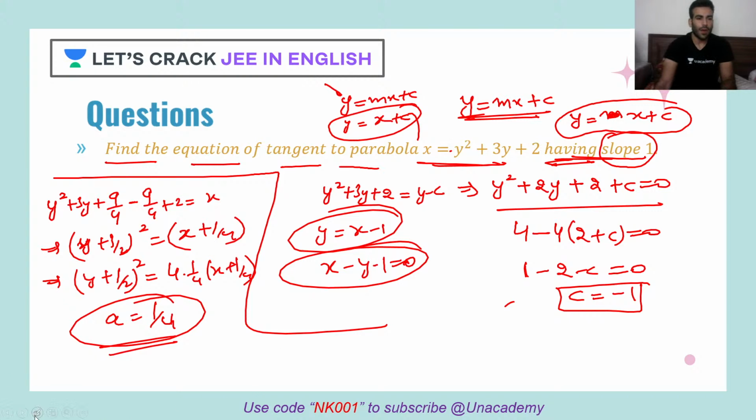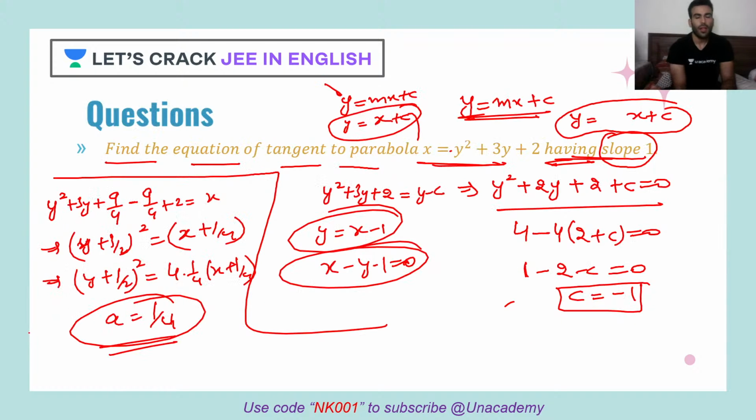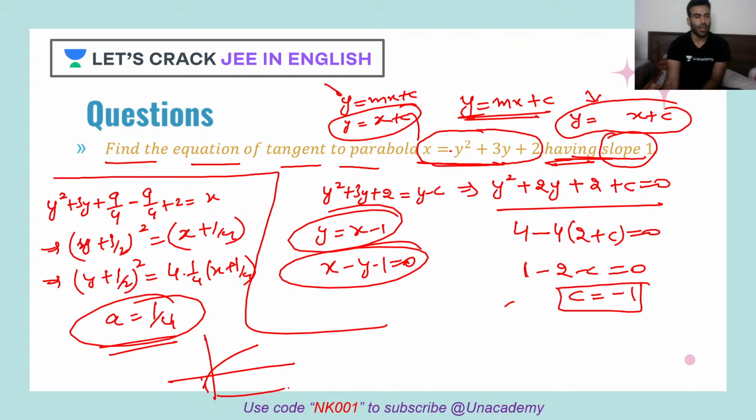Clear? Now, as you can see, c is unknown to me, so I need to find the value of c. What is the condition? The condition is that this line is cutting this parabola only once, because that's why it will become tangent. This parabola's graph would have vertex at minus 1 by 4 and minus half, somewhat like this. So this line is only touching it. It is not cutting it.